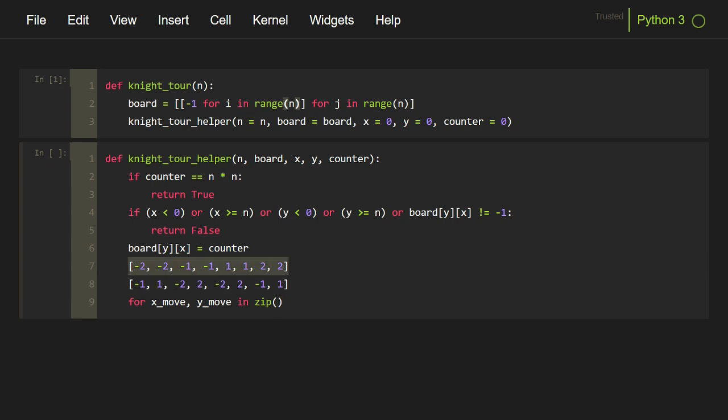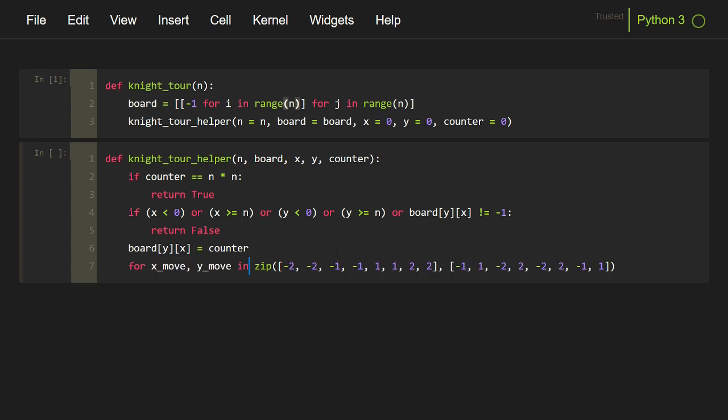I will copy this and paste it over here, and the second list, I should have cut and pasted it because I don't need that list anymore. And this zip function will help us extract corresponding elements in both these lists, and that is exactly what we want.